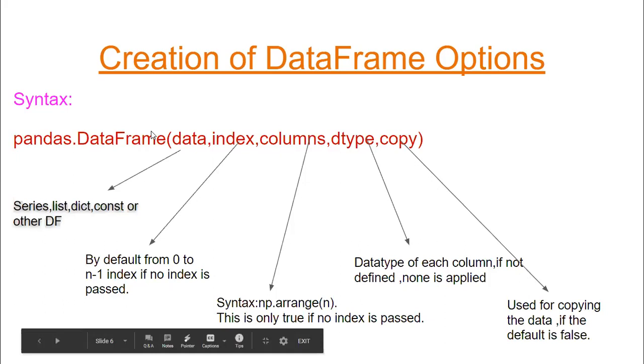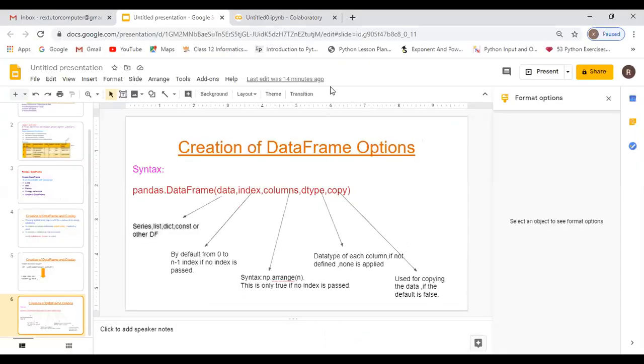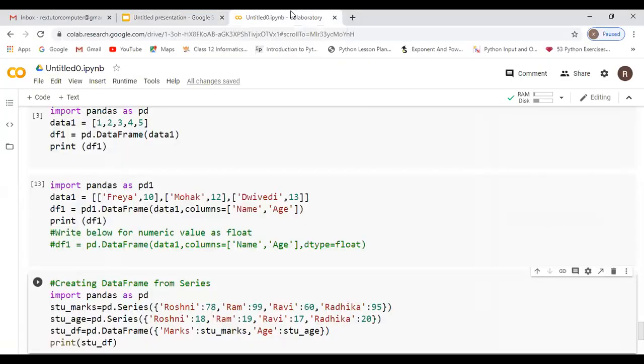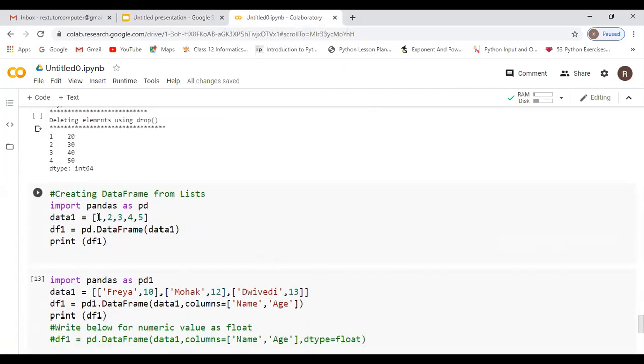So we now know what a data frame is and how we can create a data frame. An empty data frame or any data frame you want to create, we will use the DataFrame method, and inside it these are all the arguments we can use. Now we will see the execution: how to create a data frame using a list.